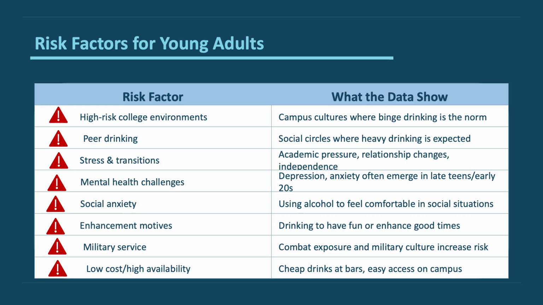So I'm not going to go into all of these because it's a lot and I'm happy to share these slides, but you can see what some of the risk factors for young adults are. And I don't think any of these are going to be particularly shocking to any of you here, but what I want to flag is that a number of these can be directly addressed through policy, while the other ones are going to be directly addressed through individual level programs or direct service. So all of these are things that can be dealt with, but things like low cost, high availability, high risk college environments, these are things that we can start to address through policies that help actually reduce these risk factors directly.